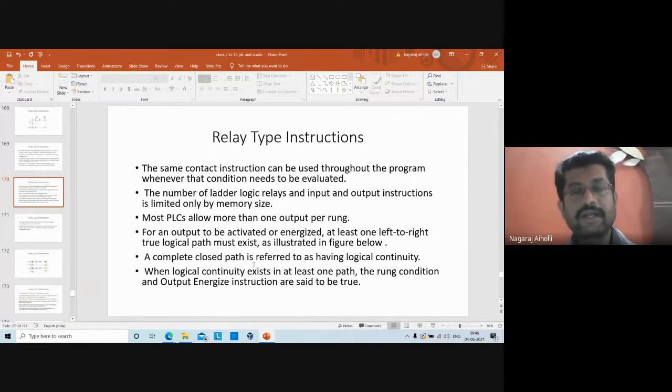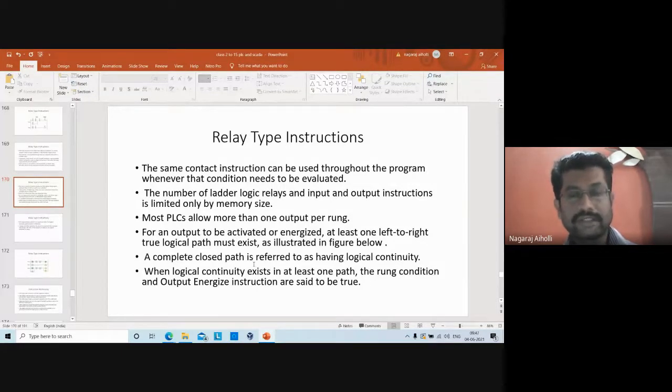That's the example where more than one output is used in a single rung. So there is a continuity from left to right. A logical path must exist, and only then will the output get energized. That's what we saw just now in the diagram. If there's continuity from input to output, then only the output will get energized. There is a continuous or closed path between input and output.